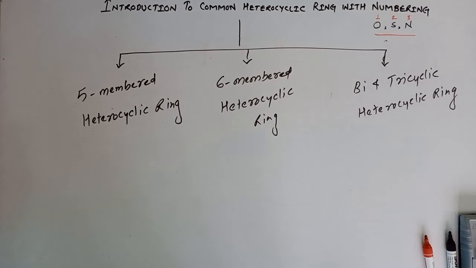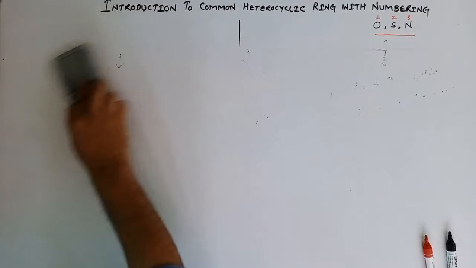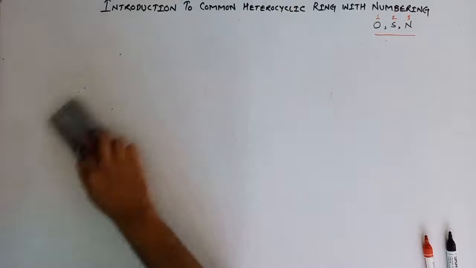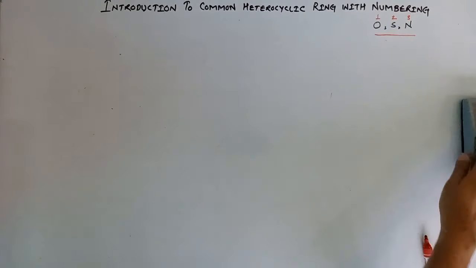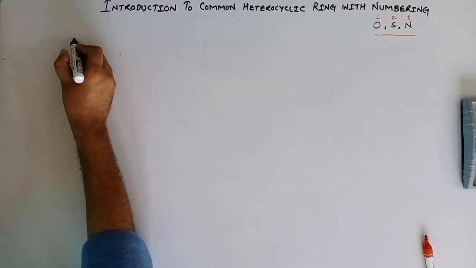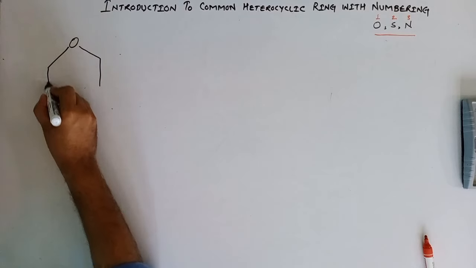So, in the first lecture, I will discuss 5-membered heterocyclic rings. In the second lecture, I will discuss 6-membered heterocyclic rings, and in the third and last lecture, I will cover bi and tricyclic heterocyclic rings. So, let us begin with the 5-membered heterocyclic rings. First I will cover the oxygen containing heterocyclic rings. The first structure of an oxygen containing heterocyclic ring is